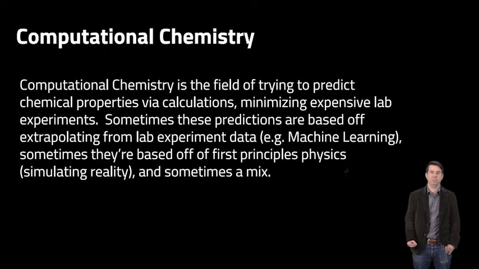So getting a bit more into the nuts and bolts of what computational chemistry is, the field is really trying to predict chemical properties on a computer so that you don't have to run lab experiments. Lab experiments are sometimes really cheap and easy, but often they're extremely expensive. You can imagine spending hundreds of thousands of dollars on a single data point. So if you can simulate that on a computer, the amount of money and time savings can actually be immense to push things forward. This is especially relevant in drug discovery.